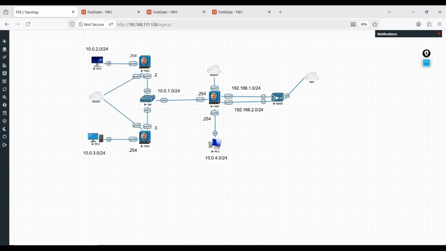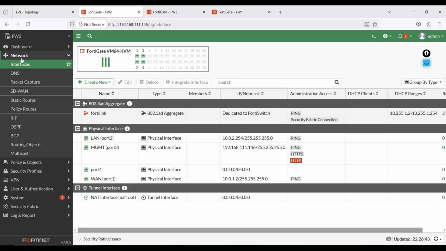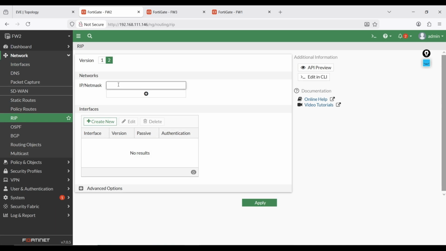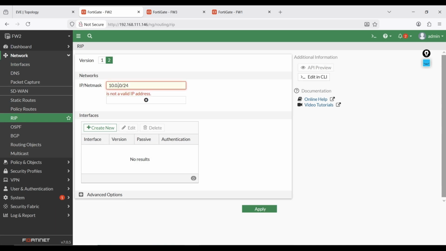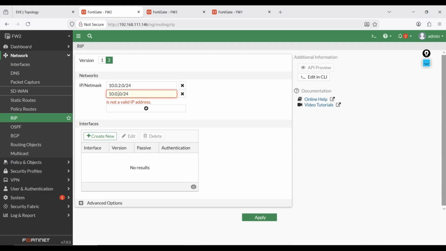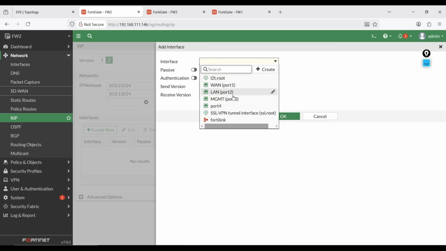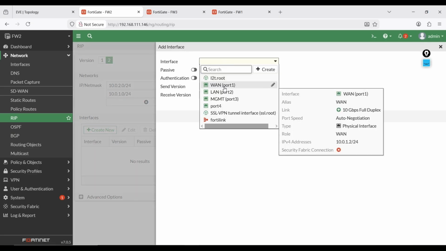So here also you have to put two networks, 2.0 and 1.0, in the RIP conversation, and we need to put the interfaces port 2 and port 1. So go to firewall 2, Network, RIP, and click here with the subnet. It's 2.0, add 1.0, and interface. We have two interfaces. One is our WAN interface.